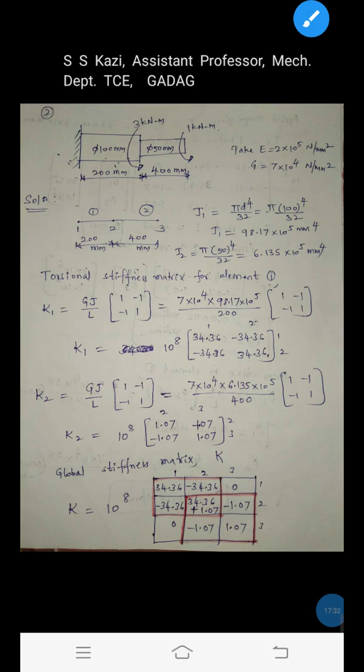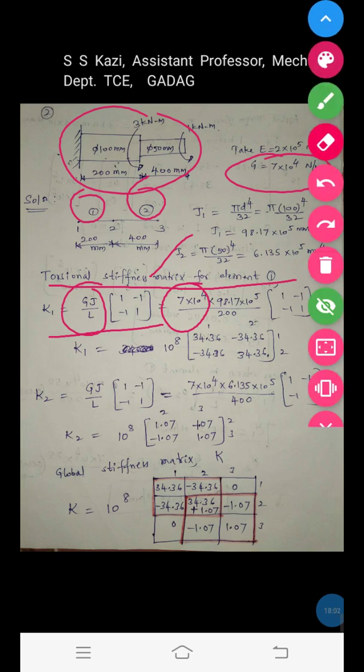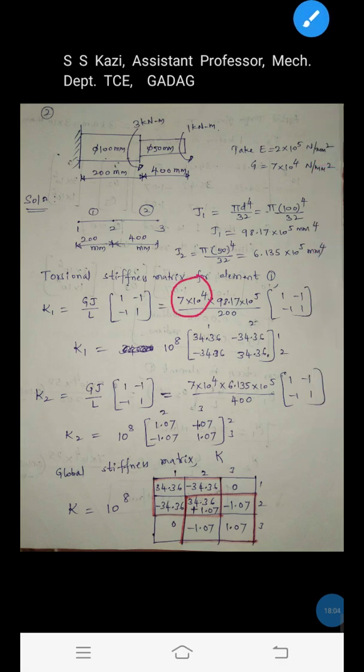Okay, now let us generate the torsional stiffness matrices for both the elements, element 1 and element 2. The torsional stiffness matrix for element 1 is given by, we know the formula, K1 equal to GJ by L1 times the matrix [1 -1; -1 1]. Now substitute the values of G, J and L. What is the modulus of rigidity of the material of the shaft? G is the same, since the entire shaft is made of the same material, that is 7 into 10 raised to 4. You just substitute the value of G, that is 7 into 10 raised to 4.